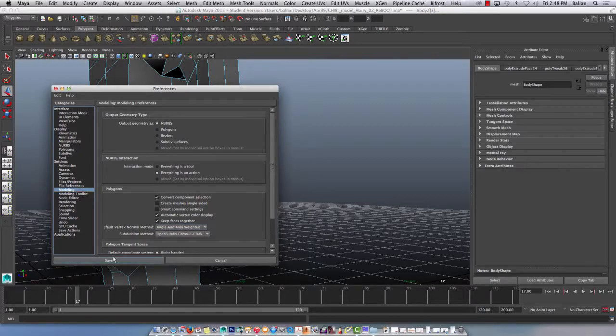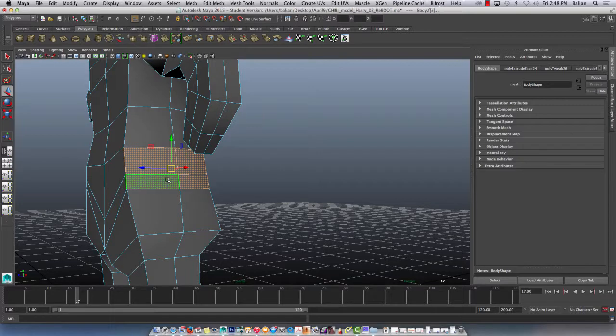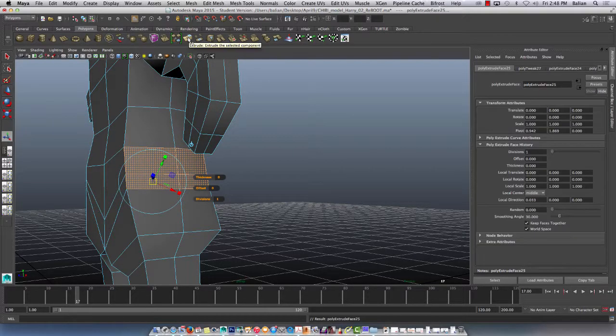keep faces together is on. Okay, those on, 1, 2, 3, 4. So extrude, and